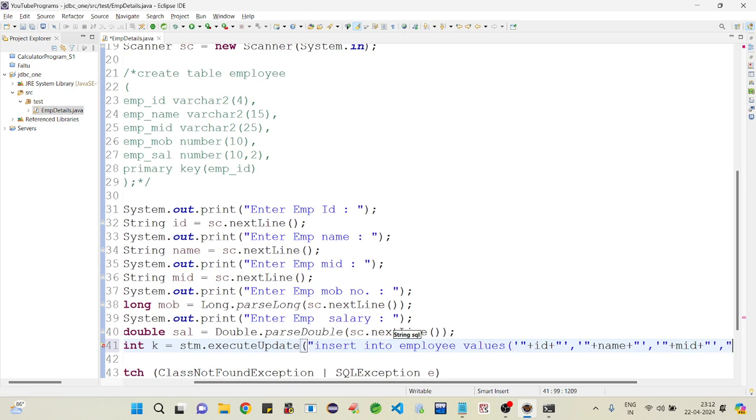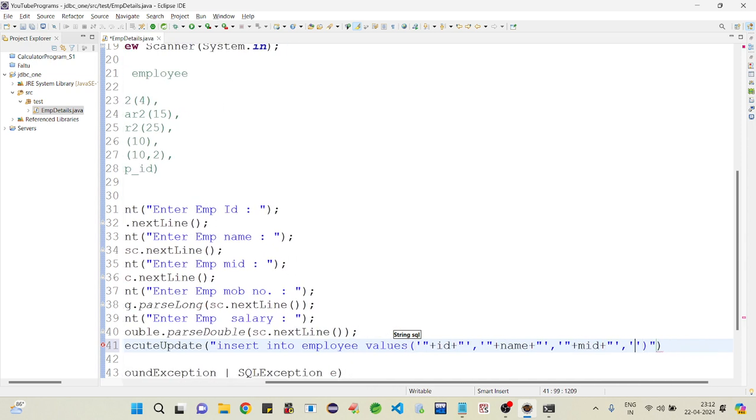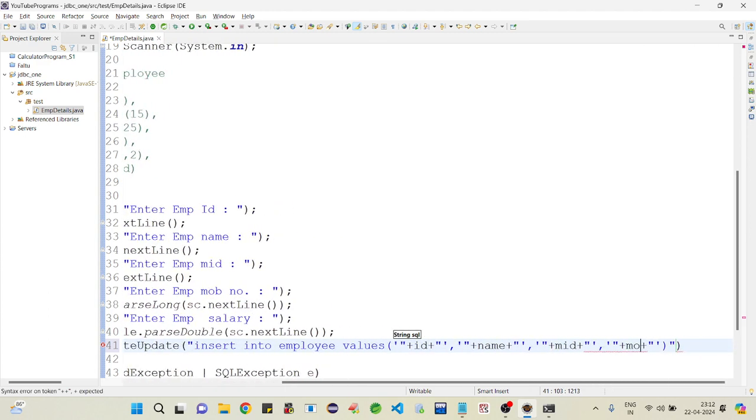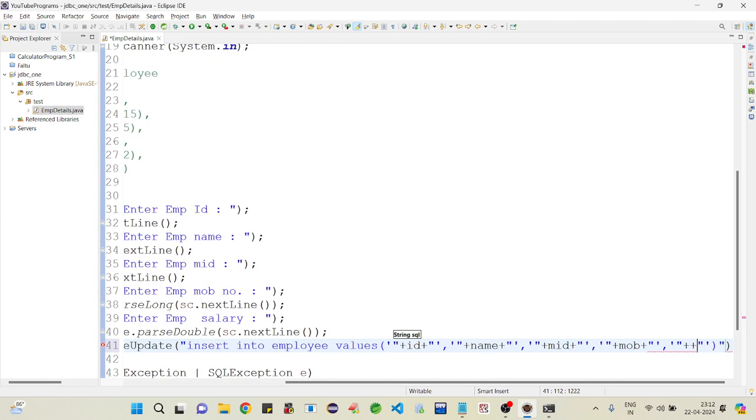After that double quote, single quote, double quote, plus plus, and mobile number mob, then single quote, double quote, plus plus, and salary, sal.